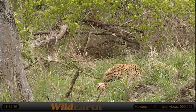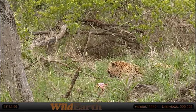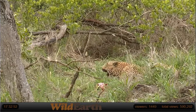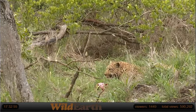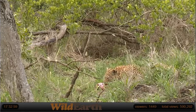He's got something stuck in his teeth or his tongue there. He's got maybe some fur, or there we go, he got rid of it. Sometimes a piece of bone or something gets stuck on the palate. That's something stuck on his tongue. It's like a piece of skin or...